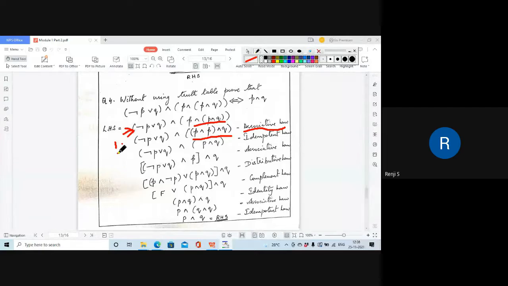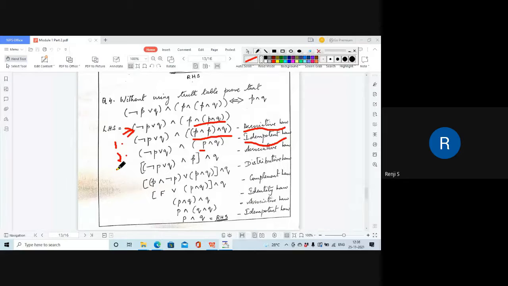Then, moving on to the second step. Now we have to simplify the first step, isn't it? Now, what is P and P? We have that law, you had written the laws yesterday, isn't it? What is it, Isha? Very good. P and P is P. That law is called the idempotent law. So in the next step, I replaced P and P with P, and then the and Q is written as such. So I had applied the idempotent law in the second step.